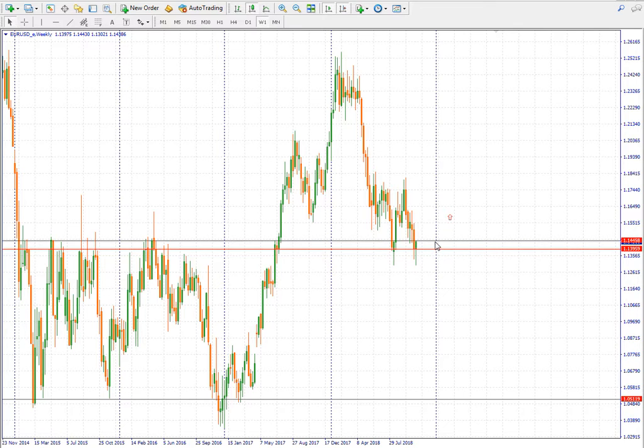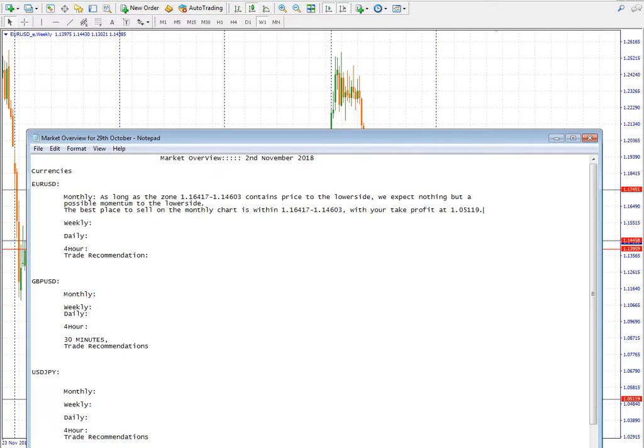So if this candle can close as a pin bar the way it is now, then come next week we are looking for a buy trade upward. So we're supposed to be looking for a buy somewhere here. If such a thing happens, should the price close above as a pin bar, then this coming week we are supposed to look for a buy position towards 1.17451. So we write that on the weekly chart,